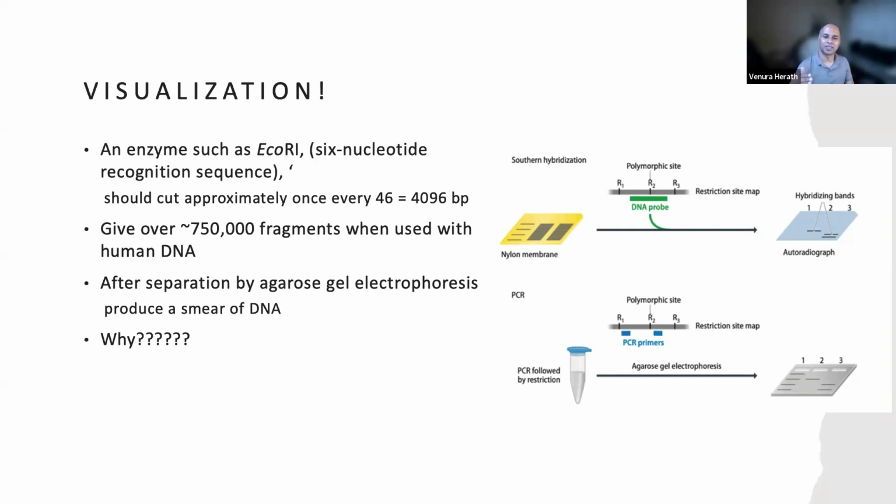Because, as I mentioned, you have different size fragments, so therefore there is no use. So we have to follow different approaches to visualize. One very old approach people use is Southern hybridization. If you're interested in one specific polymorphic site, you are going to make a DNA probe. So this DNA probe, when I did Southern hybridization, we made a transgenic plant and